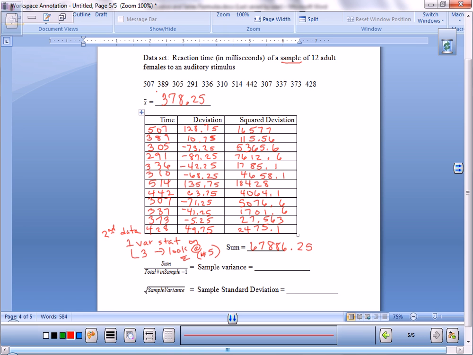Okay. Now, to get the variance, because this is a sample, what do we take this 60,886.25 and divide by? N minus 1. So what is 12 minus 1? 11. So we're going to take that number, 67,886.25. We're going to divide by 11. And we get that the sample variance is approximately